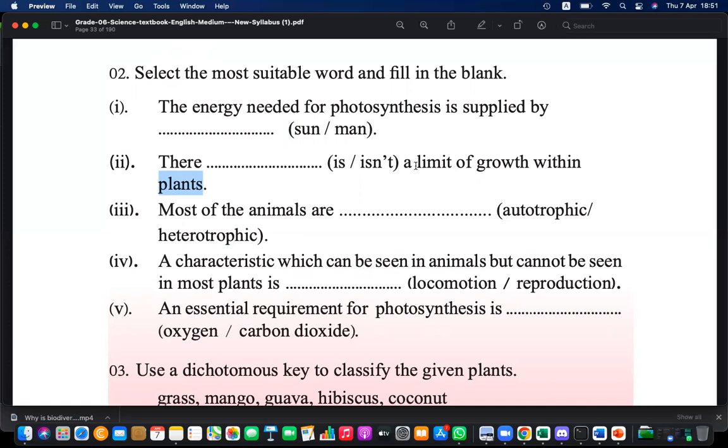Isn't, right? There isn't, because plants are ever growing. I said that plants are ever growing. But for animals, there is a limit. Most of the animals are